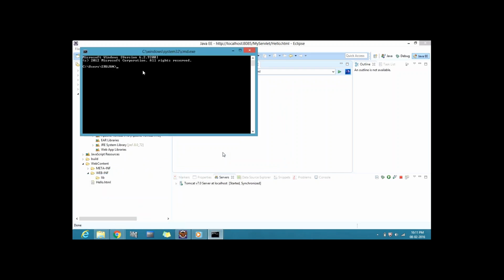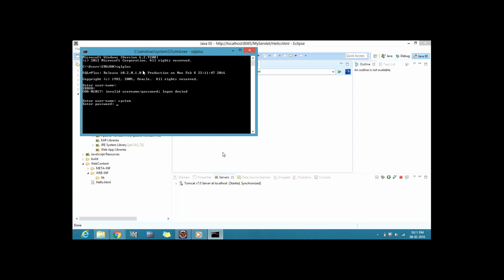SQL Plus. Enter. Should I keep any semicolon? Nothing, nothing. Wait, give username and password. Username, enter.